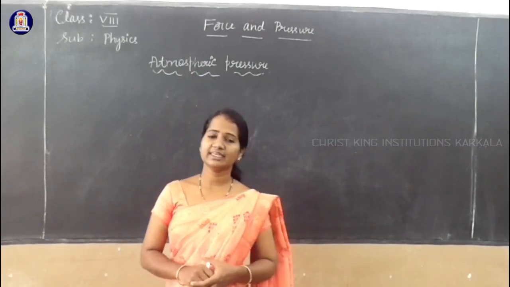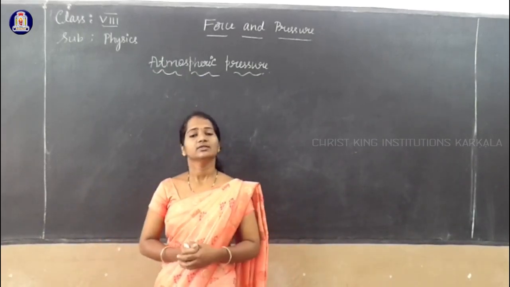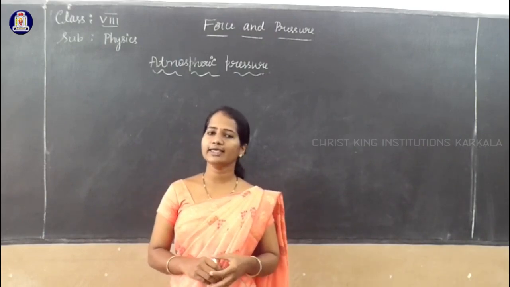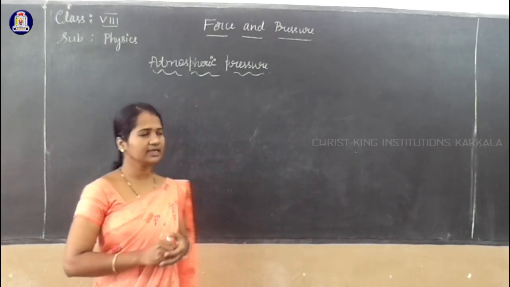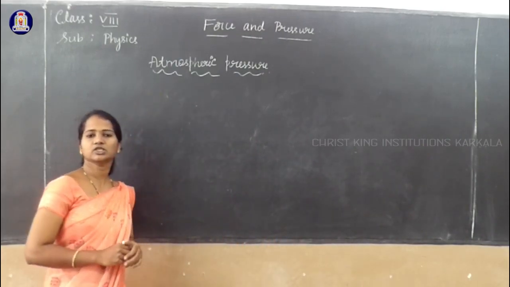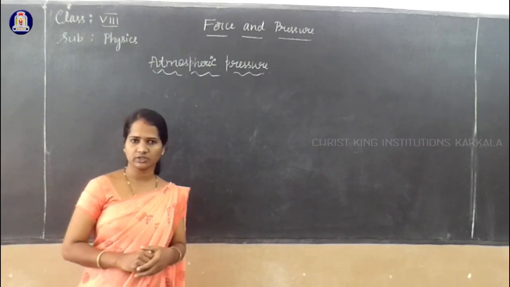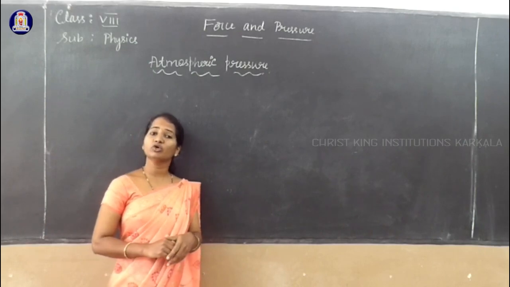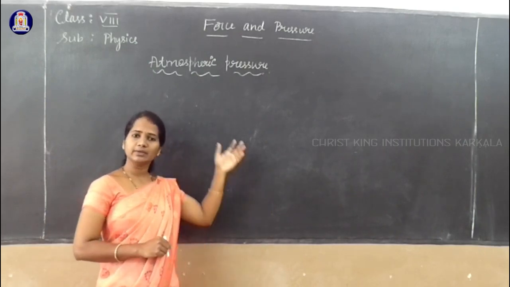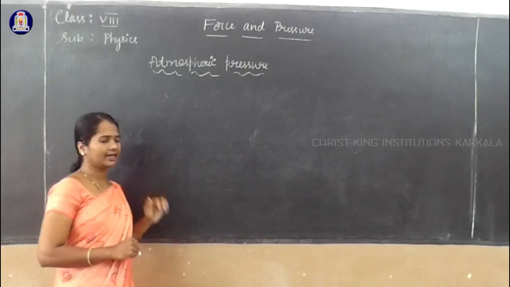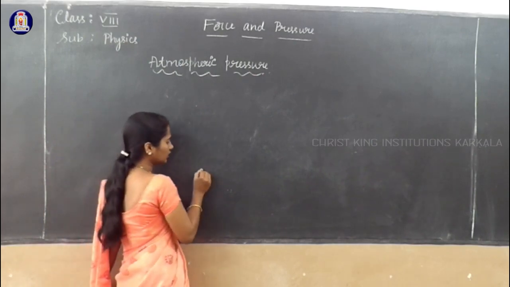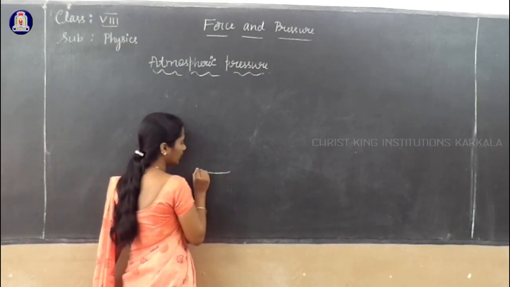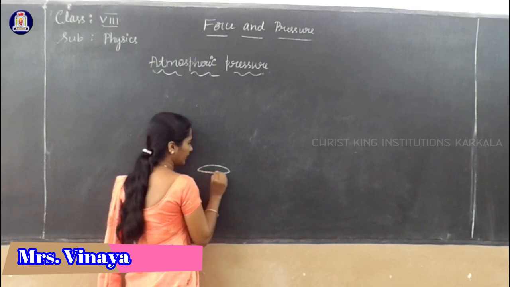You know that there is air all around us. This envelope of air we call the atmosphere, and the pressure exerted by this atmosphere is called atmospheric pressure. You already studied what pressure is: pressure is force per unit area. So atmospheric pressure we can define as follows: if you consider a unit area, and if a long